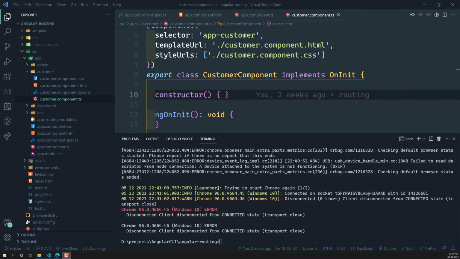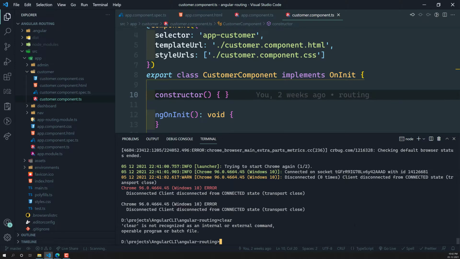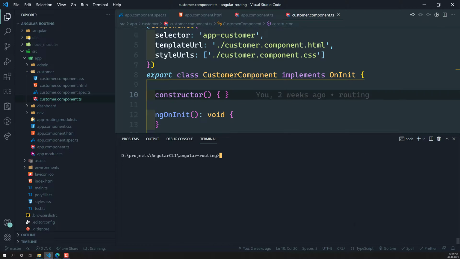The code coverage in our Angular, what it will try to do is, when we run the command with the option --code-coverage, it will give you all the reports on how much code is covered using the test cases, how much code the test cases are capable of testing. It will give you the entire report for each and every component. As we already learned in the previous video, to get the code coverage, we use the option --code-coverage.